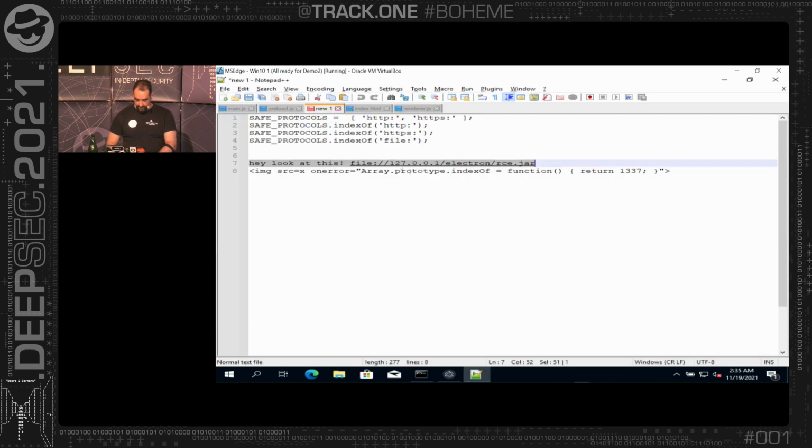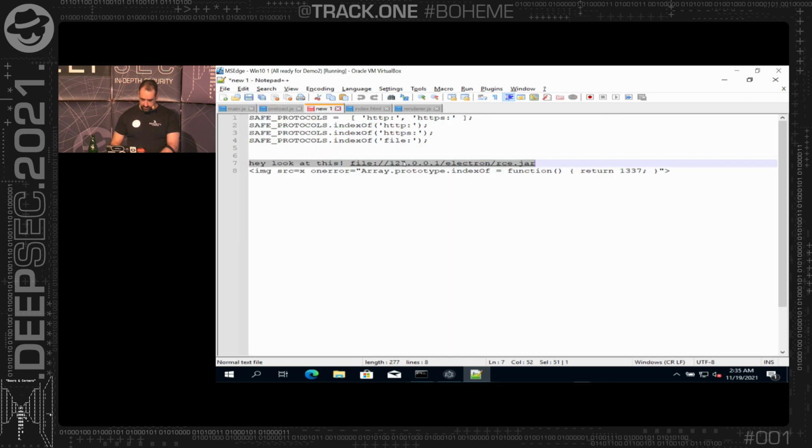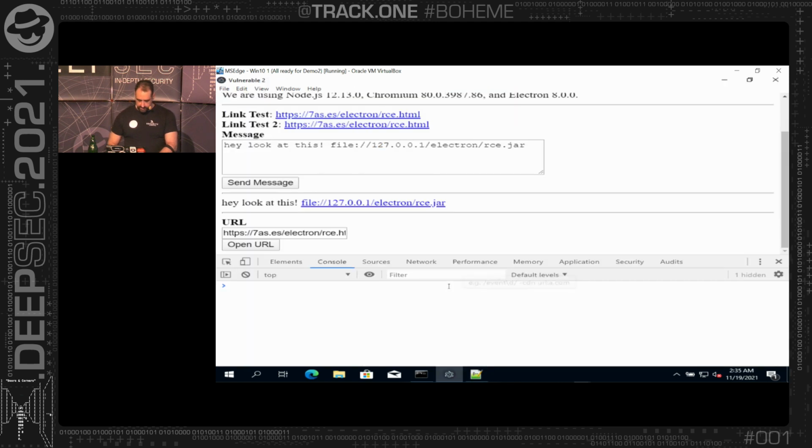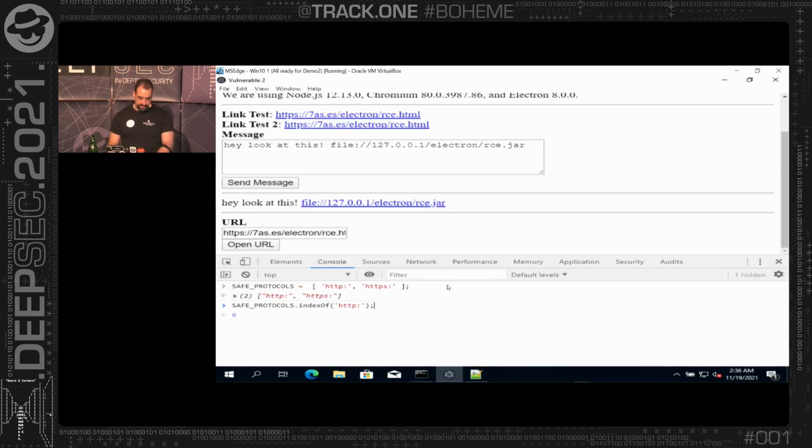So let's see. If I go here to the preload script, we can see that there are these safe protocols, right? So what I can do is do the same as the application is doing. I'm just going to grab the safe protocols here, and then we are going to simulate the logic of the application. So we define the array of safe protocols, and now we are going to do the indexOf HTTP. You can see it's 0 because it's position 0 of the array, right? Things in computers like to start with 0. HTTPS is going to be position 1, but now if I put here a file URL, now this is going to be,